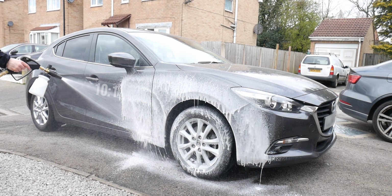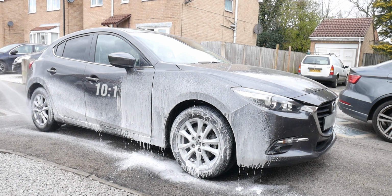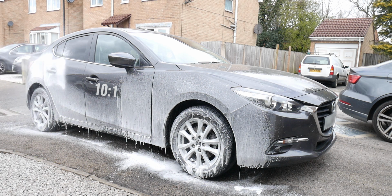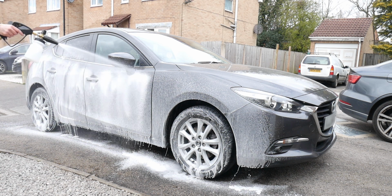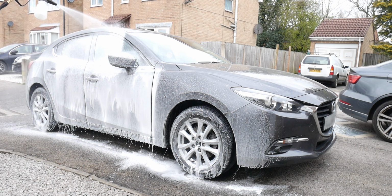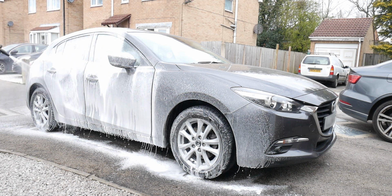So as you can see, it's not the thickest of snow foaming products. It is a shampoo mainly, but as I say, the Americans, from my experience, seem to use shampoos as snow foams as well. So I think really the idea here is you would apply it as a snow foam through the foam lance and then wash the car with that being on there. Maybe have a bucket of soapy water ready at the same time,